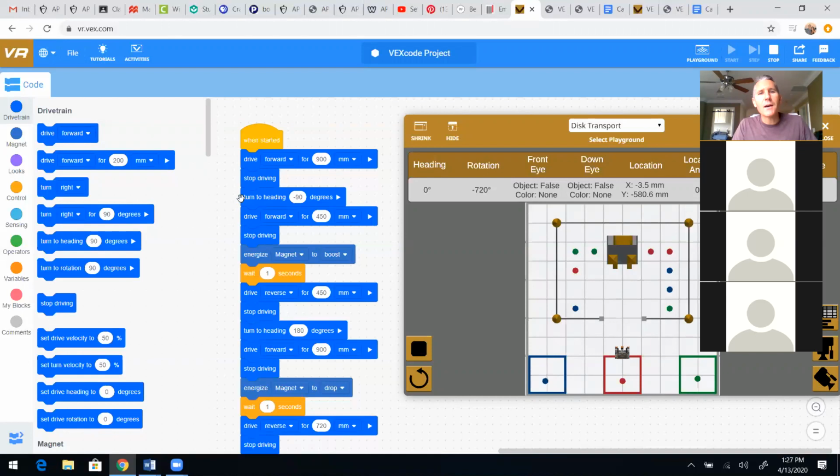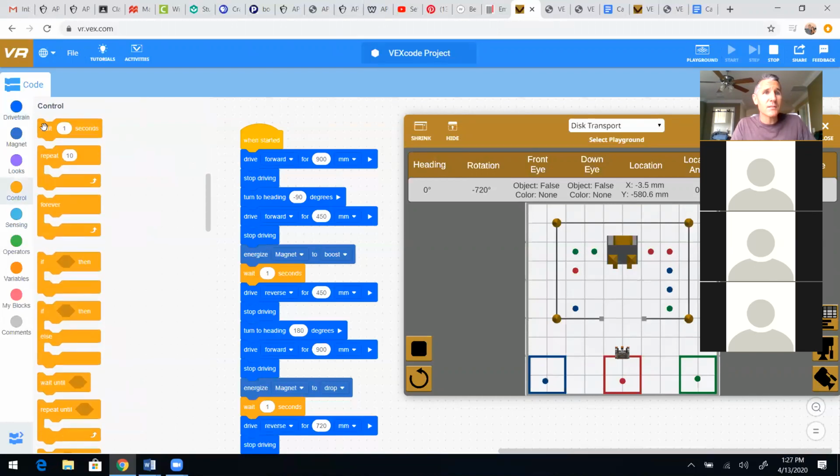However, if you have turn to heading, and you put 270 degrees there, what happens is it goes up and then it spins three-quarters of a rotation. Instead of negative 90 degrees, it just turns how you want it to turn. So anyway, you can mess with it a little bit. You can use some of these repeats or whatever,